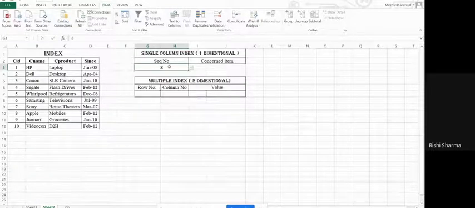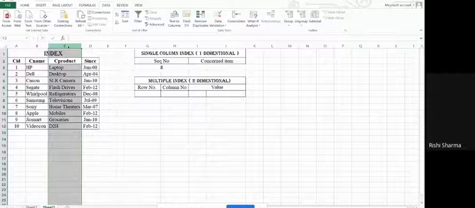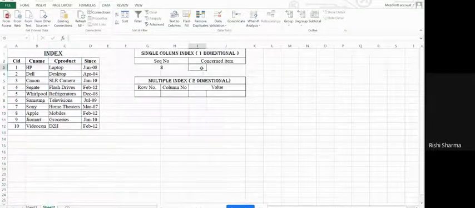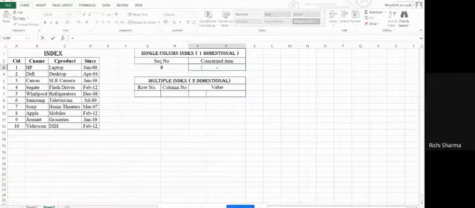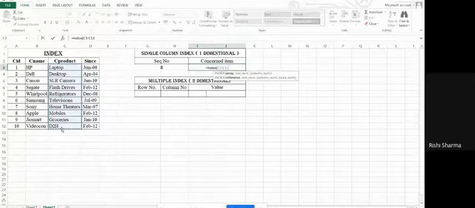So let's say we are on number 8 and I want to see what the concerned item is. I want to select this particular column. So let me just merge it, and I will use the index formula over here: equal to INDEX, bracket open, then I will select the column values from here to here, C3 to C12, comma, and the position I will take from here.